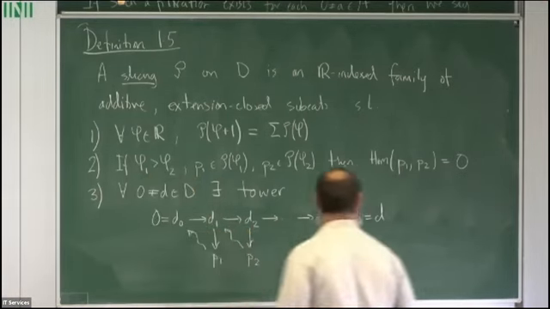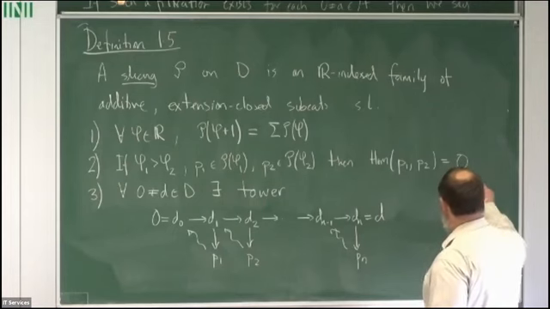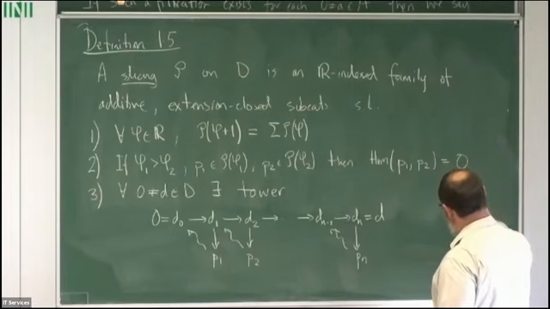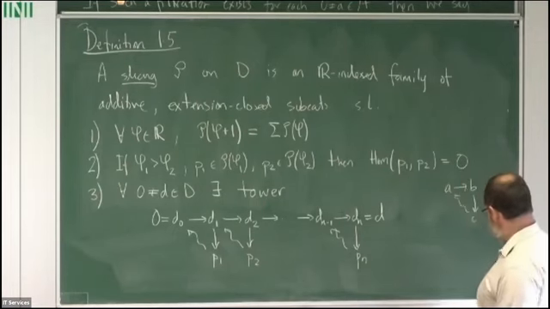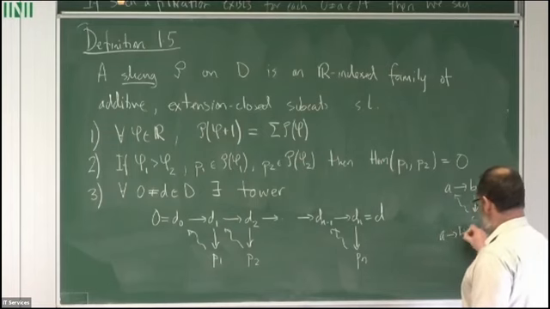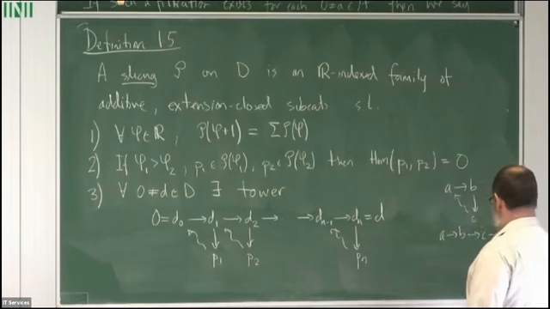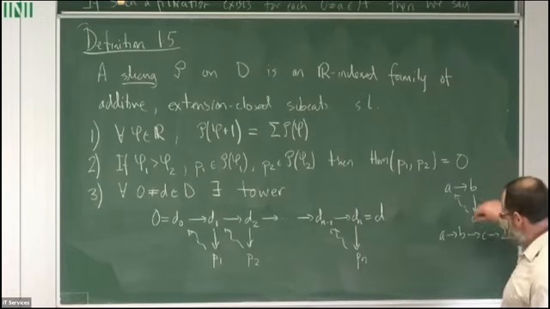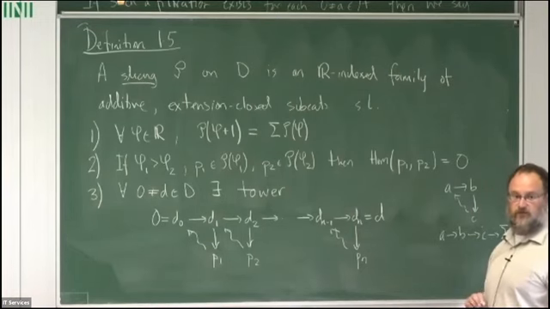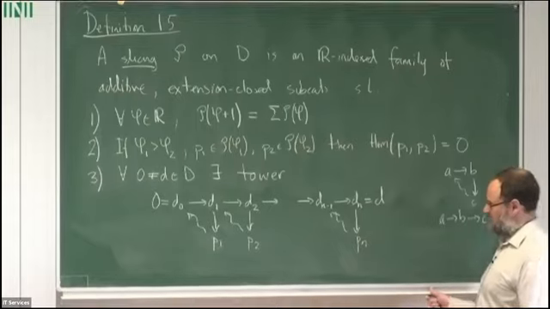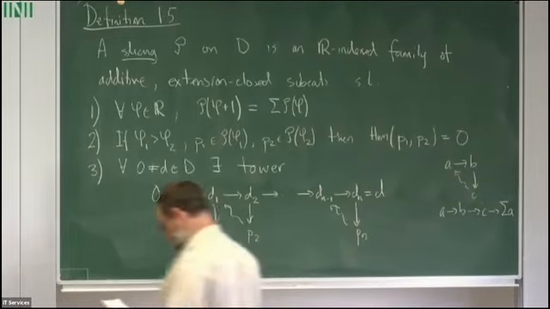Well, when I write A to B to C like this, I actually mean there's a distinguished triangle like this. So the wiggly arrow is going back to the positive shift. So there exists a tower of this form with